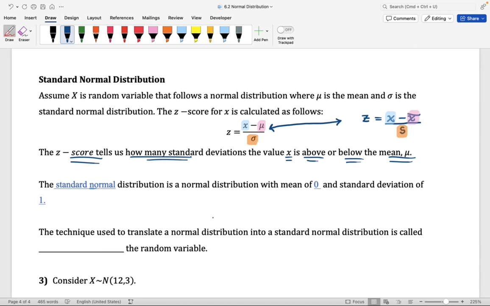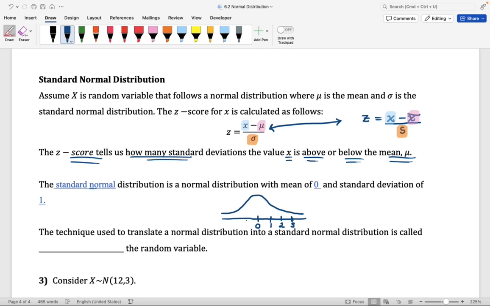You can visualize a standard normal distribution with a mean equal to 0 and a standard deviation equal to 1. We would draw a normal distribution curve. Here at the center, we would label 0. Using the standard deviation, which is equal to 1, we can label standard deviations to the right and to the left. So let's take 0 plus 1, that is 1. Let's add another 1. We get 2, and then we get 3. So we see that the z-score 1 marks the first standard deviation to the right. The z-score equal to 2 marks the second standard deviation to the right. And same thing with the z-score 3. The z-score 3 marks 3 standard deviations to the right.